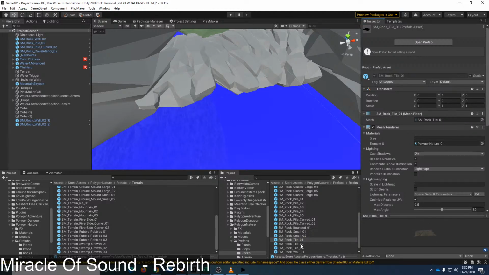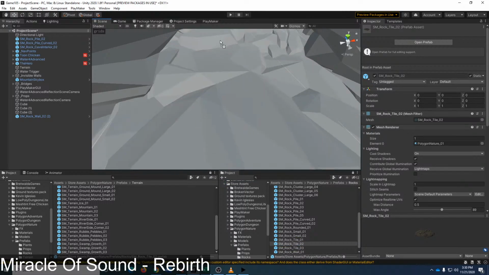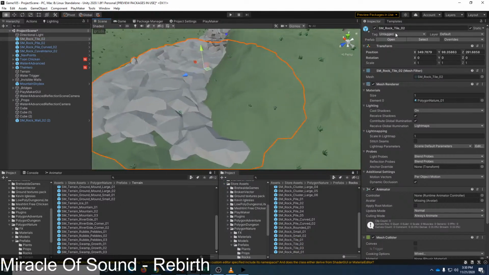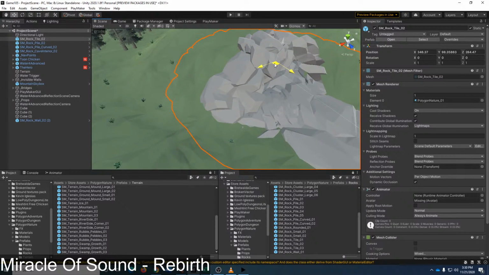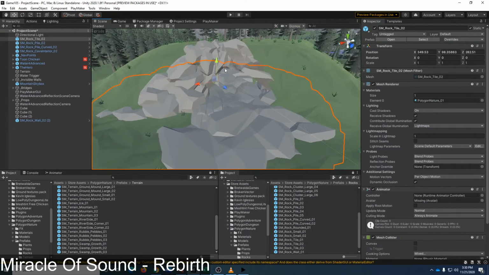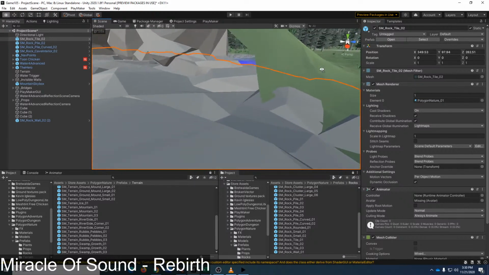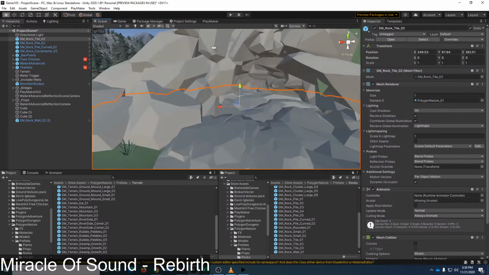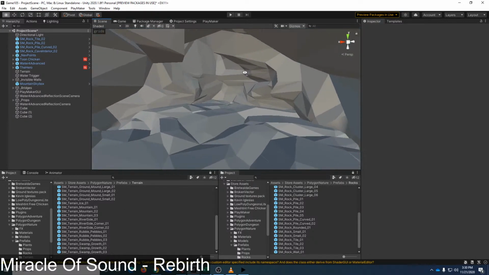Oh, there we go. We have rock tiles. Never mind, I think I still might keep one of those. Let's see here. Rock tile. Oh, yeah, that's beautiful. Of course, the main question is, can the player still walk in there?